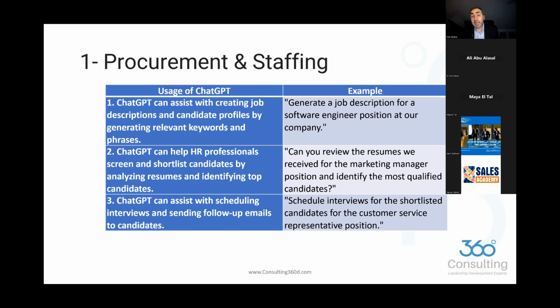ChatGPT can assist us in creating job descriptions and candidate profiles by generating relevant keywords and phrases. From that, ChatGPT can also help us screen and shortlist candidates by analyzing resumes and identifying top candidates. Thirdly, it can help us with scheduling interviews, sending follow-up emails, and so forth. Some of the prompts that you can give